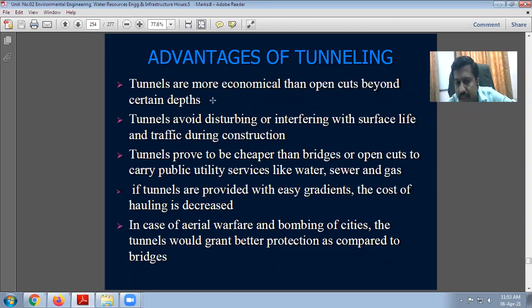These tunnels prove to be cheaper than the bridges and the open cuts to carry the public utility services like water, sewer and the gas. Very important. We are having so many tunnels through which our water lines, sewer lines or the gas lines are passed. Okay, tunnels avoid disturbing or interfering with the surface life and the traffic during the